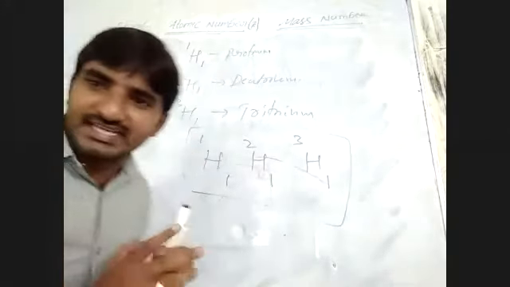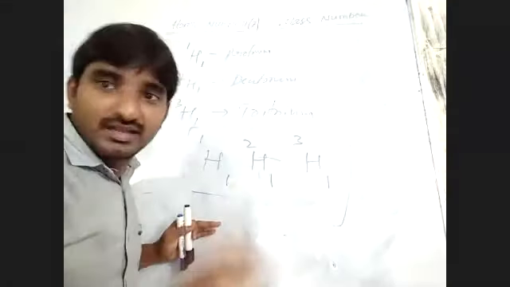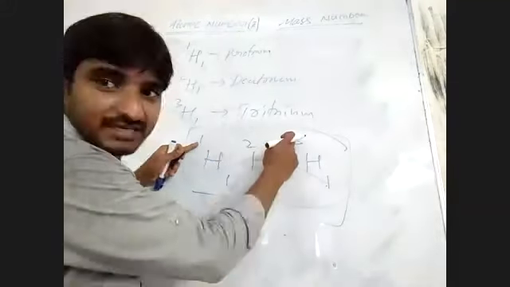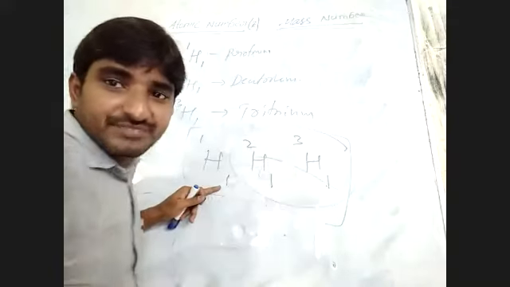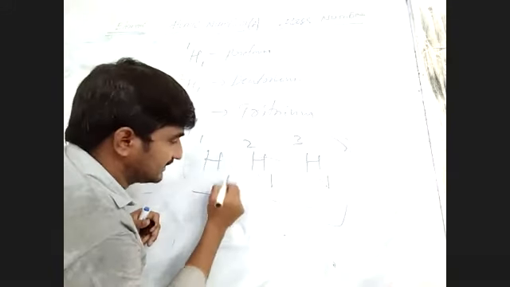For example, scientists have to observe which hydrogens exist in the environment. 3 types of hydrogen exist in the environment, but these 2 are H12, H13. See, here mass number 1, here mass number 2, here mass number 3. Here the atomic number is always the same. Atomic number same, mass number different. See, this is called atomic number.